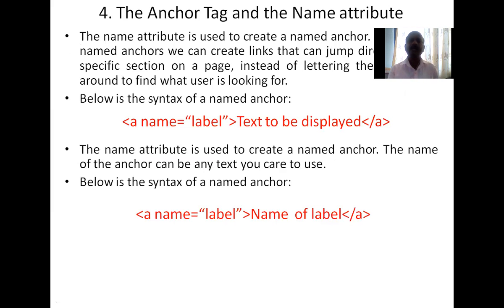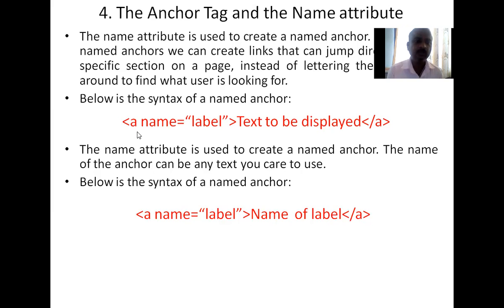Then the anchor tag and the name attribute. The name attribute is used to create a named anchor. When using named anchors, you can create links that jump directly to a specific section on the page, instead of letting the user scroll around to find what they are looking for.